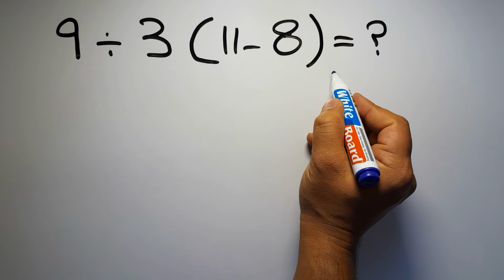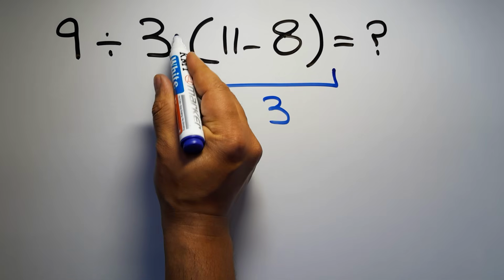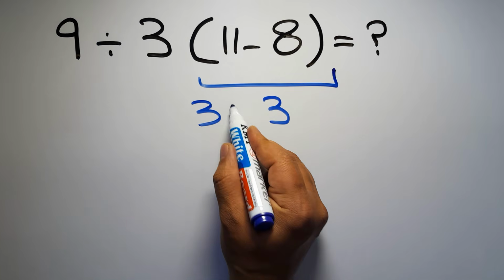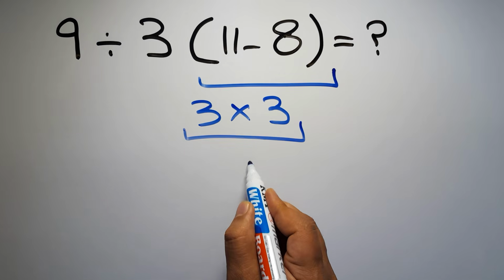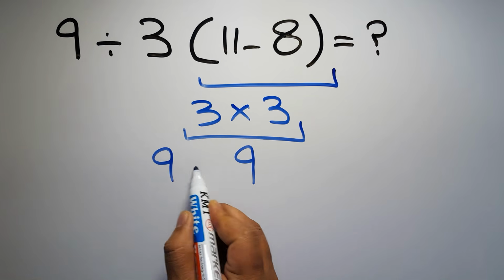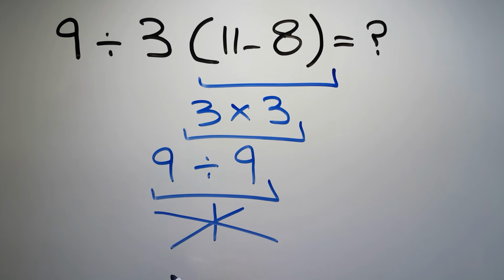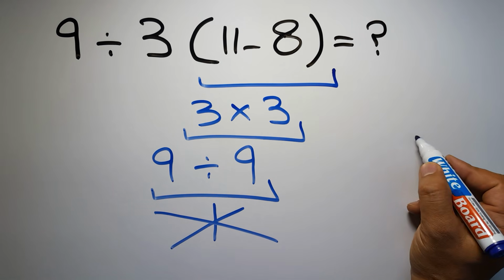11 minus 8 gives us 3. And 3 times 3 equals 9. So 9 divided by 9 is just 1. But this answer is not correct, because according to the order of operations, first we have to